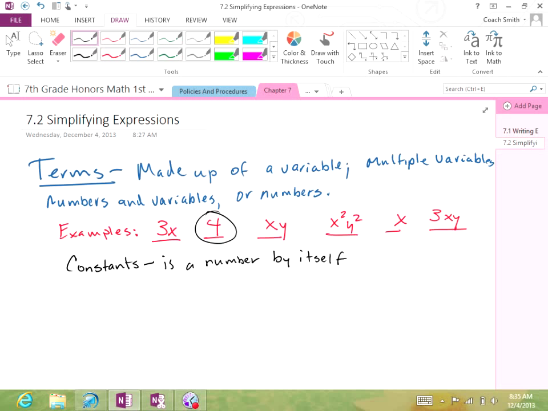But if I just have the number 4 by itself, is 4 ever going to be 5? Okay? 4 is never going to be 5. It's never going to be 2. Okay? It's never going to be a million. It's always just 4. It stays the same.